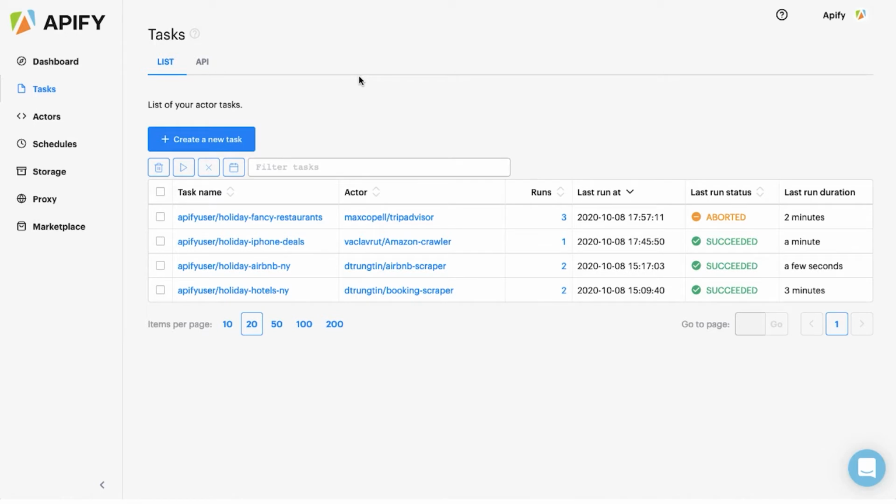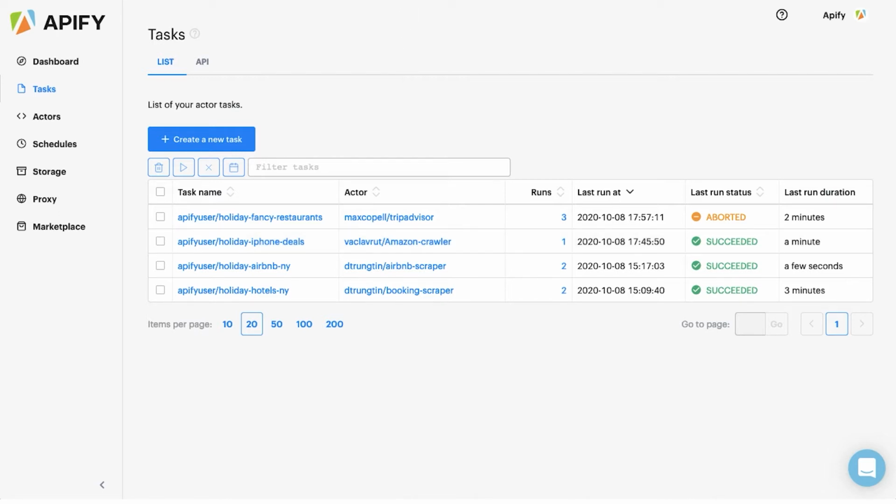To start monitoring, make sure you have all the tasks set up that you want to track. For this tutorial, let's imagine that I'm going on holiday to New York and I want to prepare before I go. I have a number of tasks here which are scraping data about the accommodation and some good deals that I can grab while I'm in New York. To make them easier to monitor, I've used a consistent naming pattern. As you can see, I've prefixed all my task names with holiday. This will come in really handy later on when we're selecting these tasks, so I'd recommend grouping resources that you want to monitor this way.